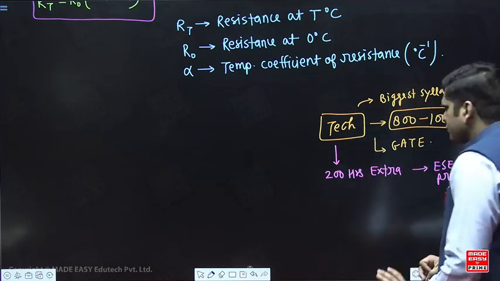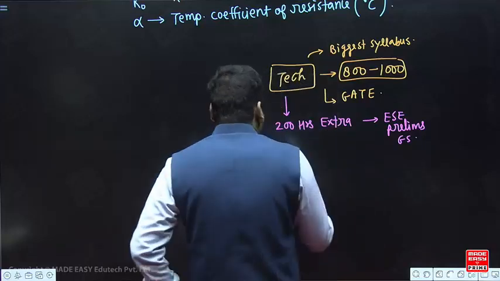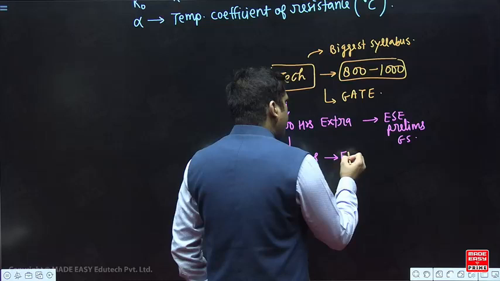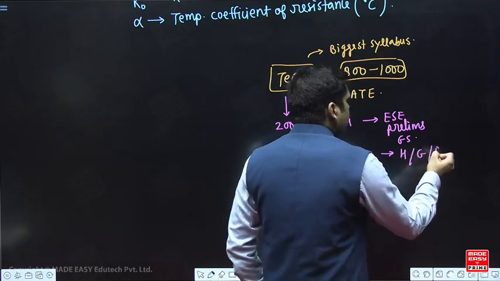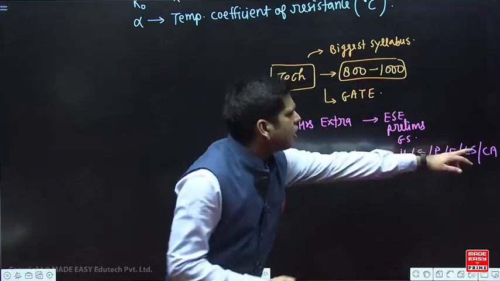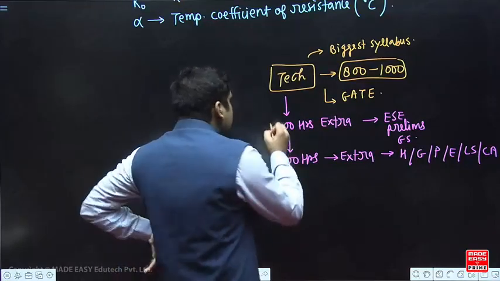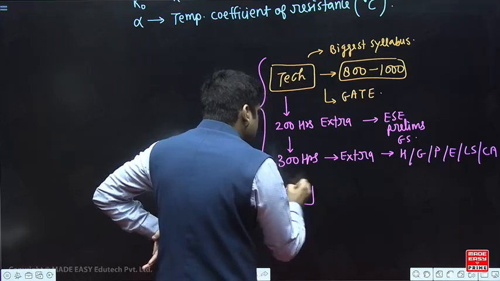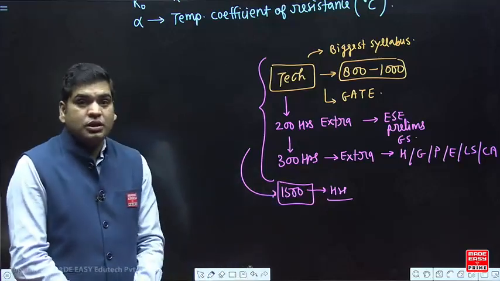So this is ESE prelims GS. Now add 300 hours more. You add this for history, geography, polity, economy, life science and current affairs. Current affairs you already study here also in 200 hours, still I am writing here. So if you study 1500 hours, right, then any examination in India you can appear and crack, be it